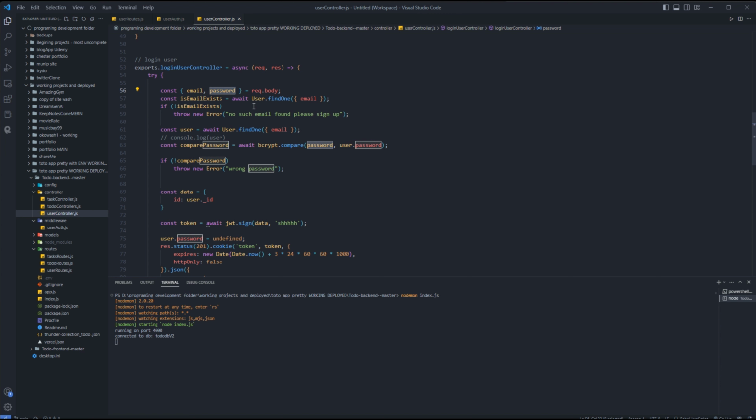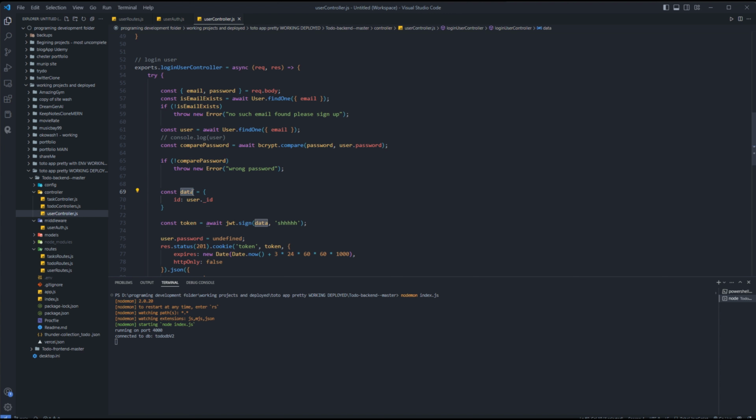After that, we are searching our database for the email. If there is no match, we are sending back this error. But if there is a match, we are comparing the password with bcrypt, assuming you have encrypted your password. If not, then just search for the plain password. If there is no password, we throw in another error, and then